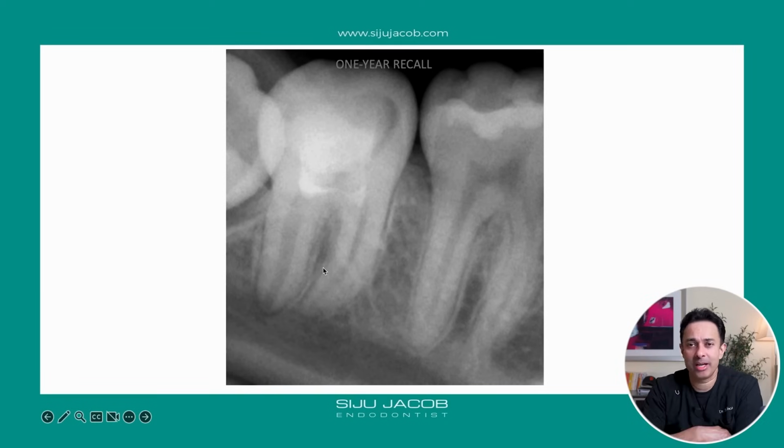So this patient came back for a recall after 1 year, and this is what we found. We found that a part of the glass ionomer restoration was chipping away. So we decided to bring him back. But if you look here, you can see that the root development is proceeding. You can see it's become much narrower than what it used to be. And we also found that cervically, there's more deposition of dentine. So the cervical strength is much better than what it used to be 1 year ago. So we told him to come back and we would just replace the temporary filling.